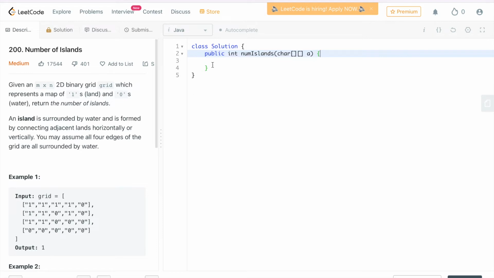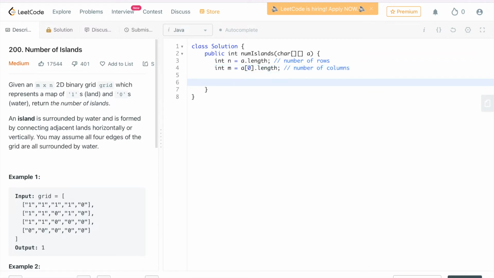And we have been given this data. So what do we do? First, let me take the number of rows. So length will show the number of rows, and then as we discussed, let me get the number of columns, right? So you take any array, first or second, and it will return the number of columns, and then just iterate with I for the row and j for the columns, right? J will go through the columns,